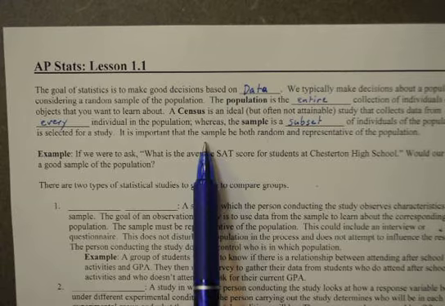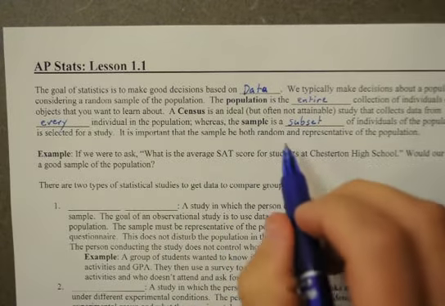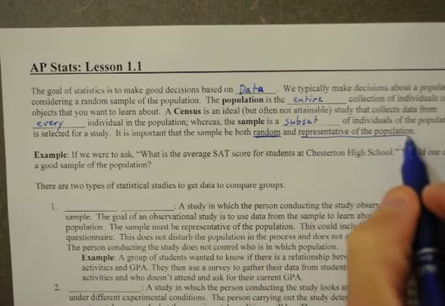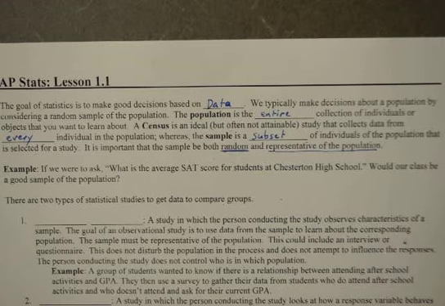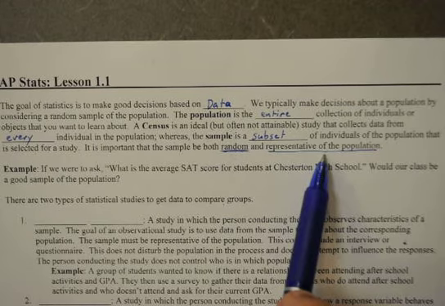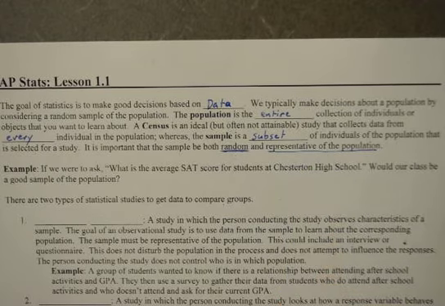It is important that the sample be both random and representative of the population. These are going to be two big driving factors in a lot of our questions. Before you can do any type of statistics, you have to verify that your sample is random and it's representative of the population. So for example,